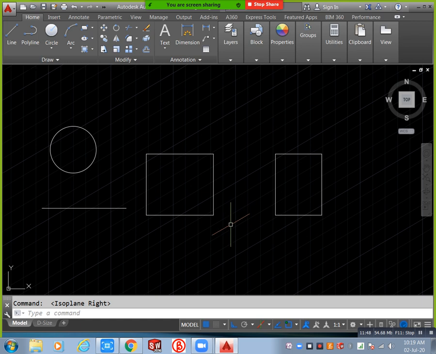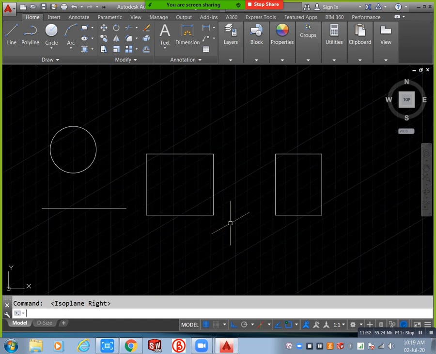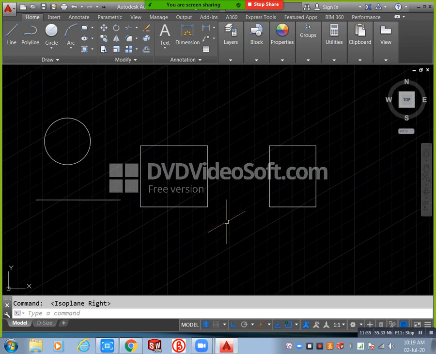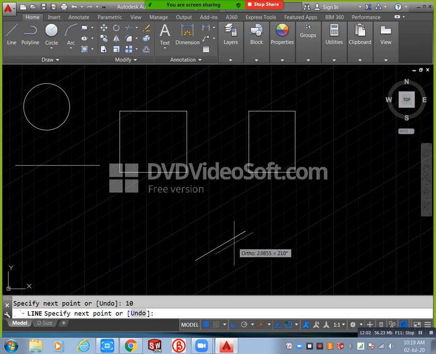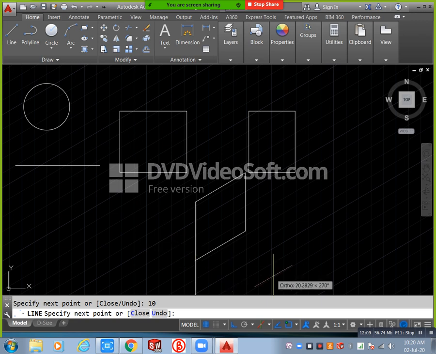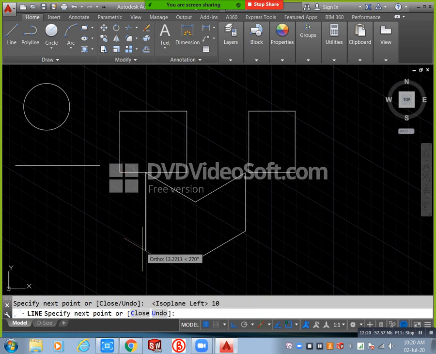Okay, now for example I need to prepare one isometric. Just you can observe here, for example 10. Okay, I will go above also 10. Okay, I need this side also 10. Again I need the forward condition. Just you can change your isometric. Or otherwise you can change this side also 10. Again I need 10. Again I need this side 10. Again I need upward 10.